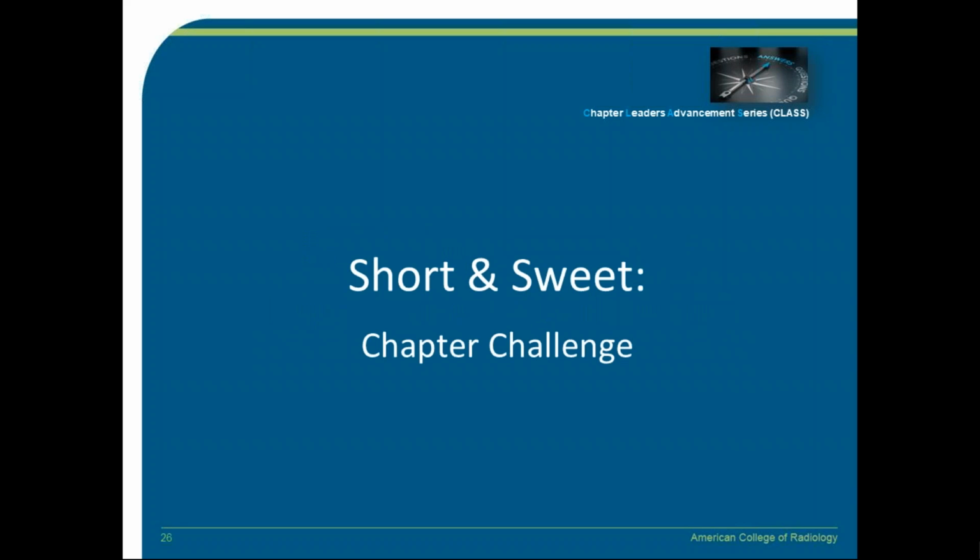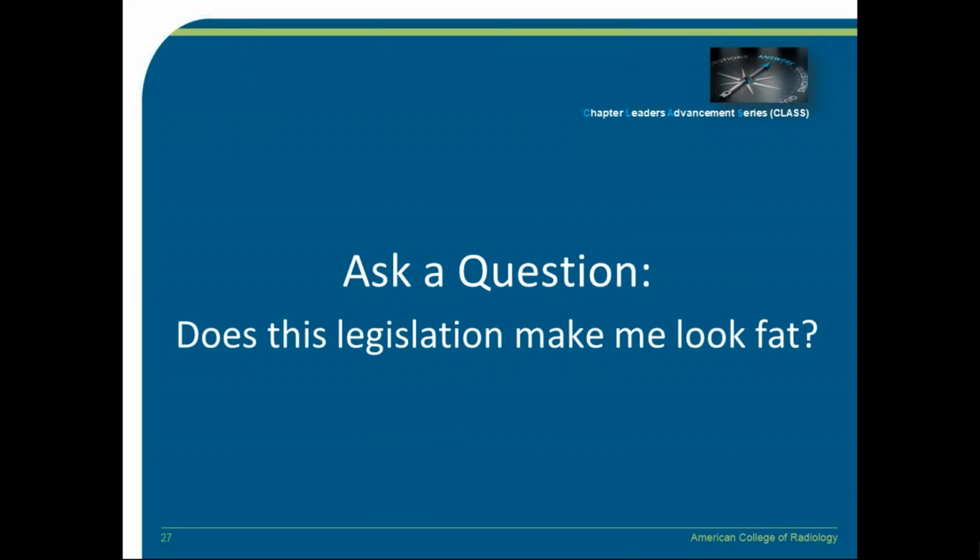Short and sweet is always great. Think about the fact that just for ACR's emails, more than 65% on a consistent basis read our emails on mobile. And I'm going to show you some tricks to make sure you can have the little text that comes up. We call it pre-header text. But short and sweet subject lines really do help, because you don't have a lot of characters you can see as it renders on mobile, so that helps you get your message across very easily. Something like chapter challenge is a great way to do that.